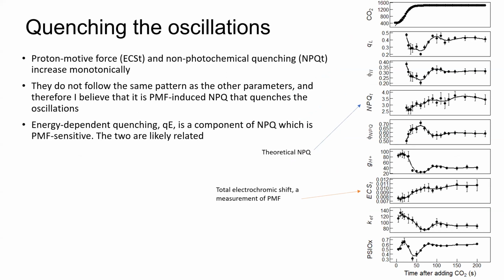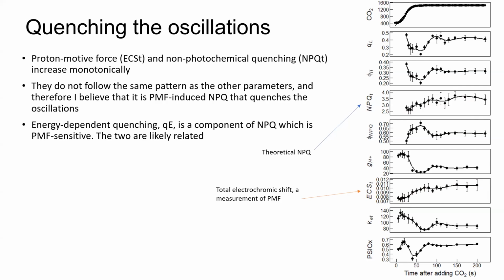Some mechanism has to eventually stop these oscillations. And I believe here it's the proton motive force dependent non-photochemical quenching. PMF, which here is measured as the total electrochromic shift, increases monotonically, and so does NPQ. So here is ECSt, which is a measurement of PMF, and non-photochemical quenching. So more energy is being driven into NPQ by slower-to-adjust processes, which slows the effect of the fast